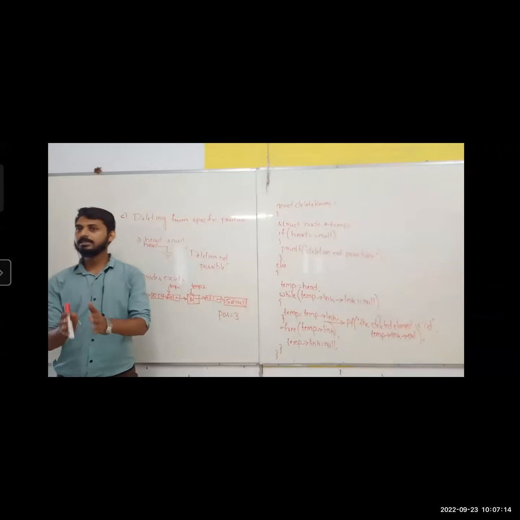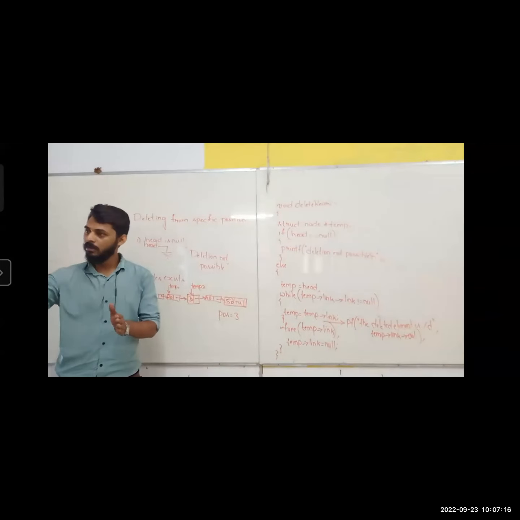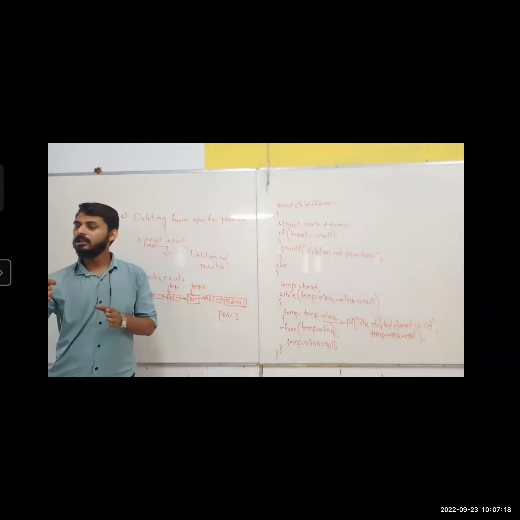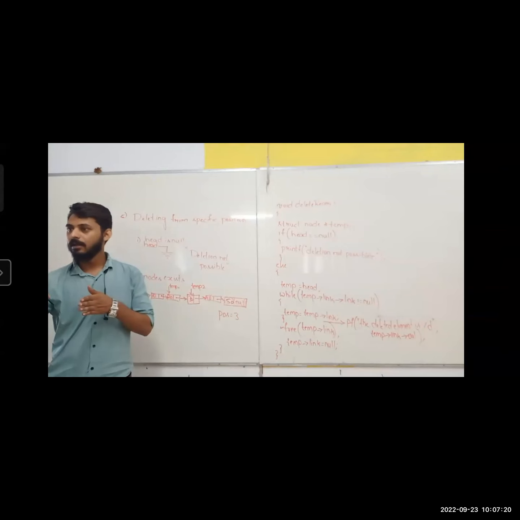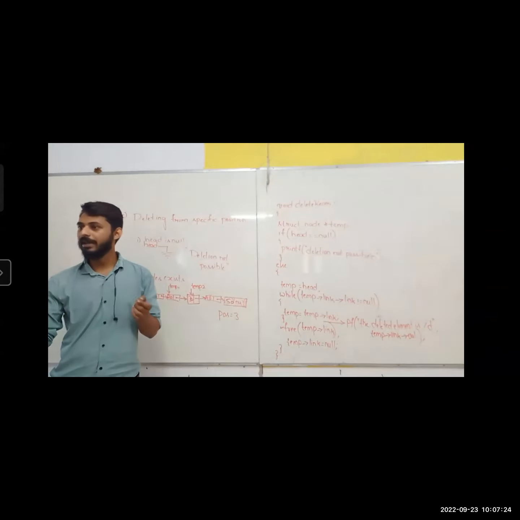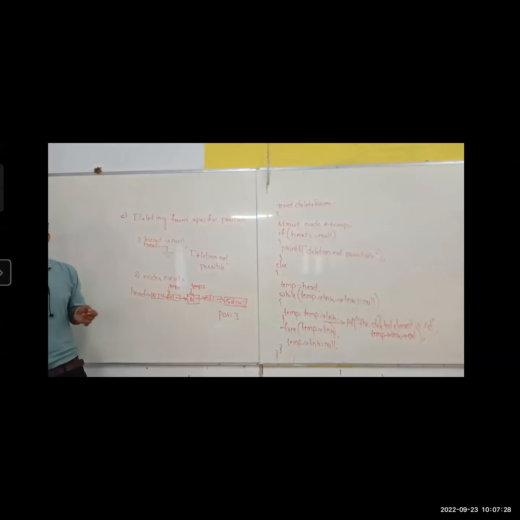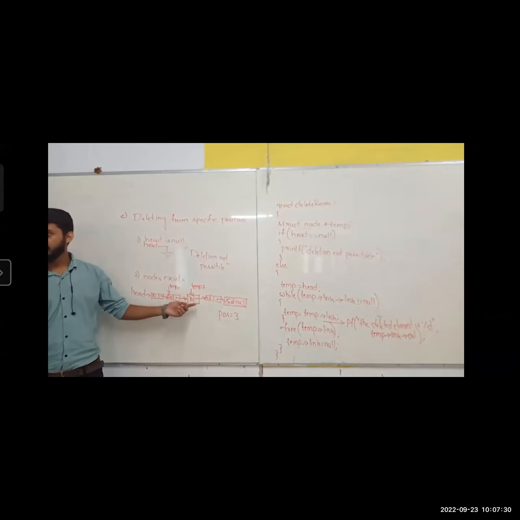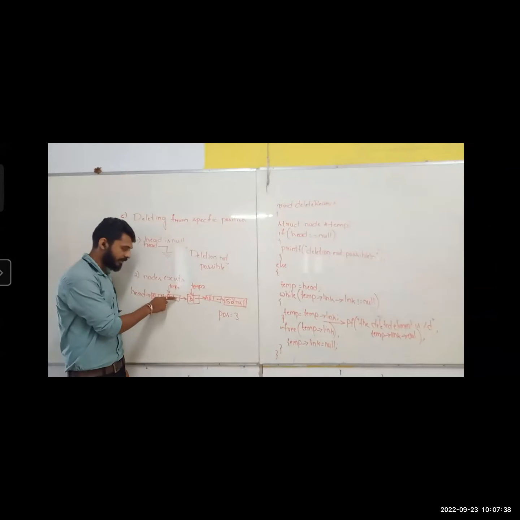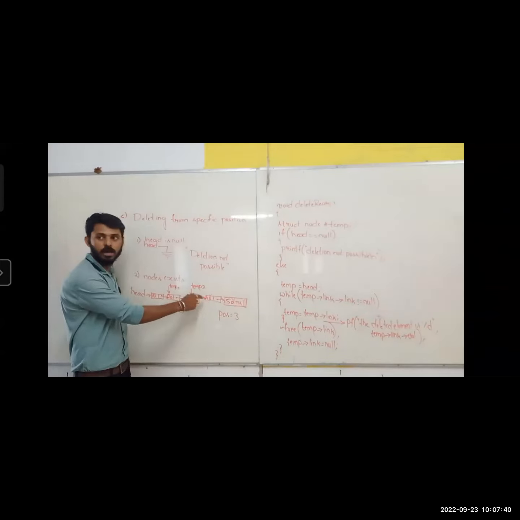If my house is there, you are pointing to my house from the front. I am pointing to my house from the back. Are we pointing to the same place or not? Same place only, but from a different direction. Am I asking you direction? Same place or not? Okay. So now here I'm pointing. Getting it? Yes or no? So now what should I do? I want to establish this connection from here to here. How?